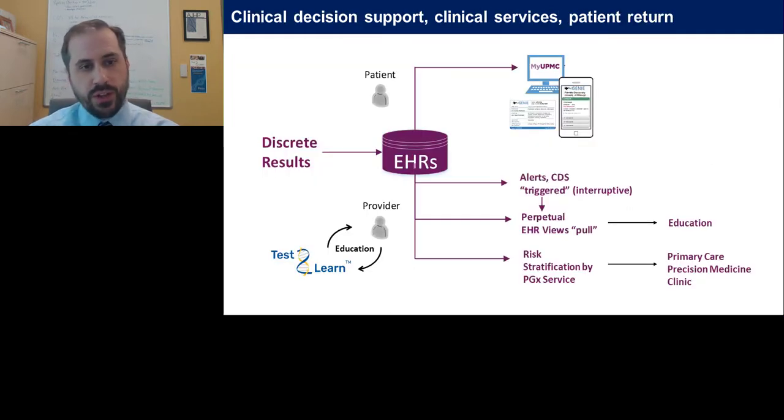On the clinical side, these discrete results flow into the electronic health record, again, when elected, and patients receive the results through their patient portal. And on the provider side, we're doing a lot with education to make sure that providers know how to use this data. We know many of our pharmacists are well-trained and understand how to use pharmacogenomic information, but we